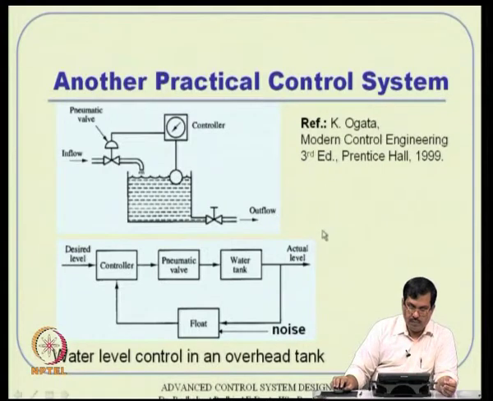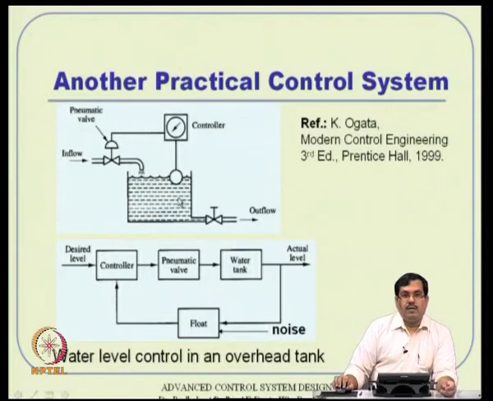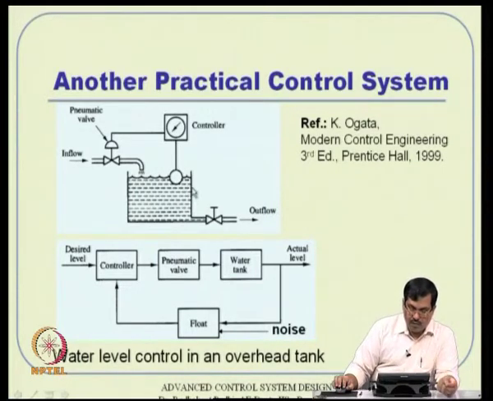Second example, if you think of a simple basic flow control example, where you really want to control the water level in an overhead tank. Okay. Most of our big apartment buildings and all do this simple control system mechanism realization. Because many times we cannot observe when the water level has gone down, we cannot manually switch it on and things like that. It is not desirable, it is not needed either, where a very simple control mechanism can do the job.